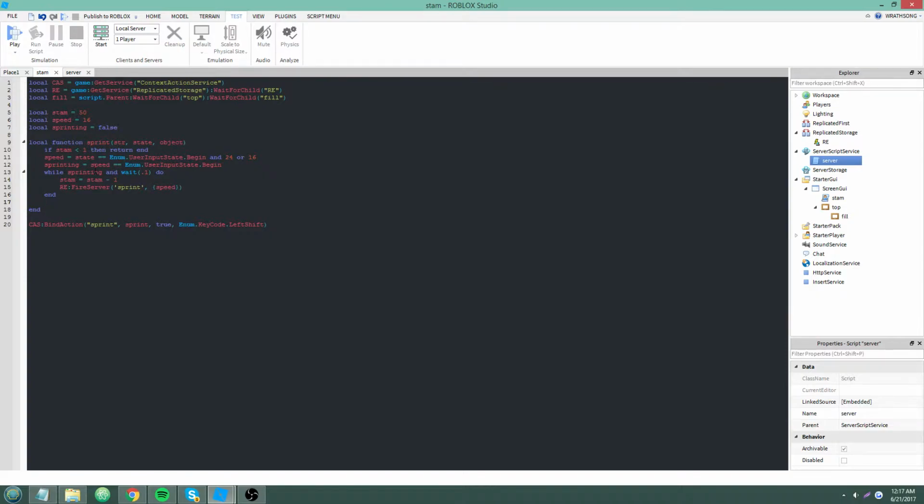Whenever I do something like this, I try to think out all the logic in my head at one time. For whatever case, say the user is still sprinting and they lose stamina, going to 0 stamina. Well, sprinting and stam is greater than 0, and wait 1, do,